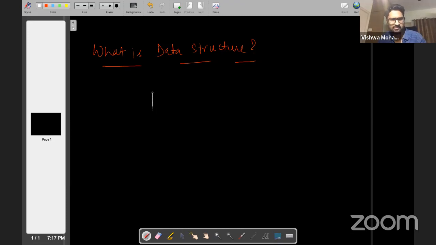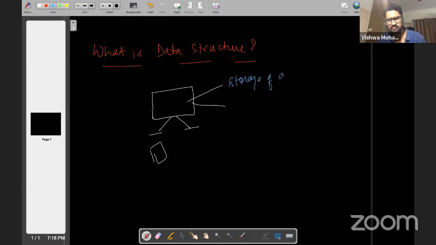In a nutshell, suppose I have a computer, okay, suppose this is a computer, right? On a high level, a computer solves only two problems, whether it's a computer or a tablet that you have, or any supercomputer as such, right? On a high level, a computer solves only two purposes. The first of that is the storage of the data. And the second one is the computation.